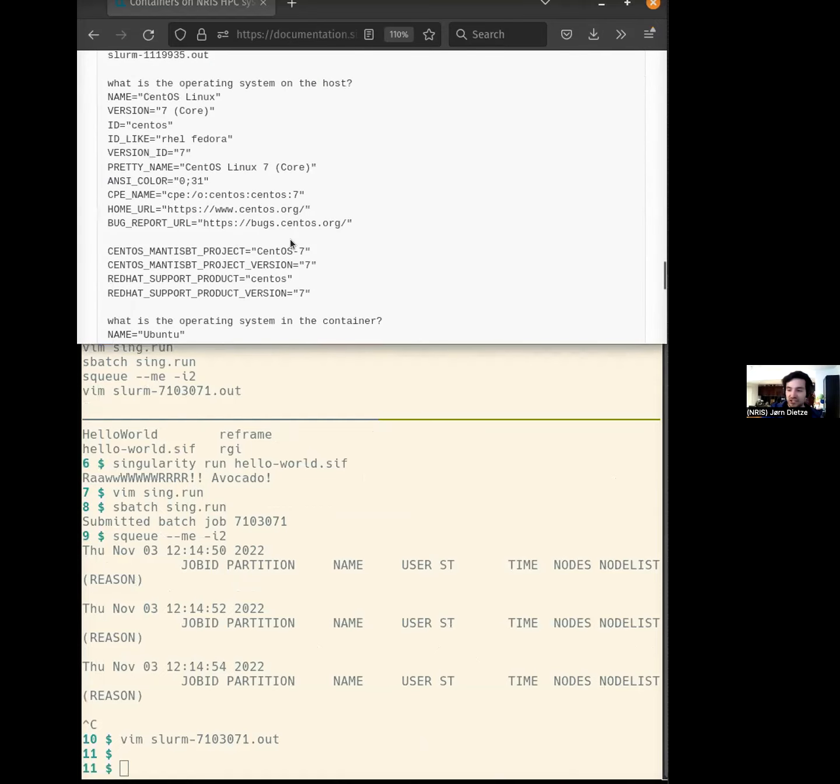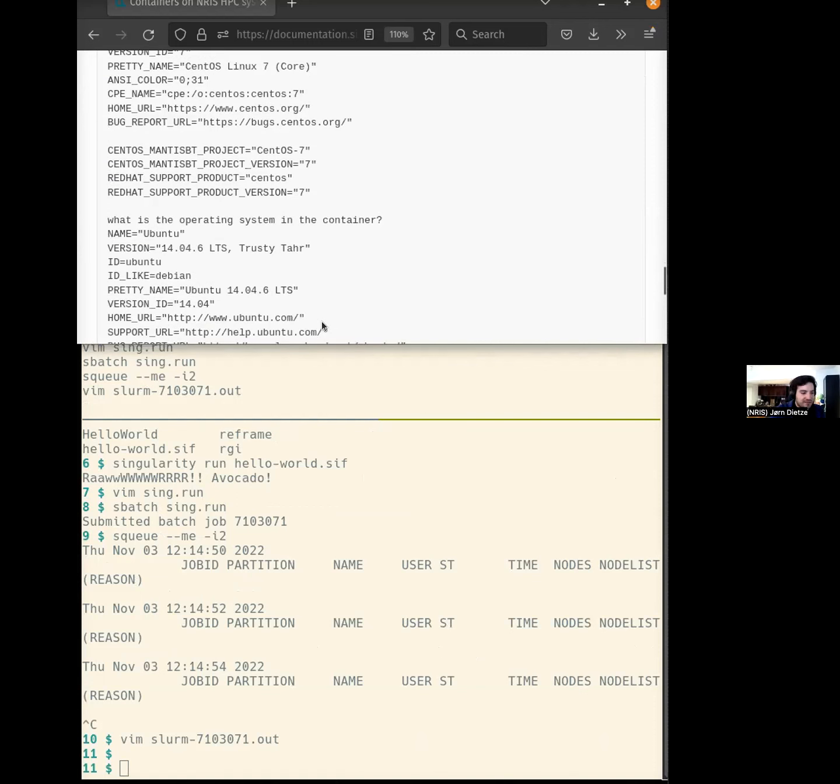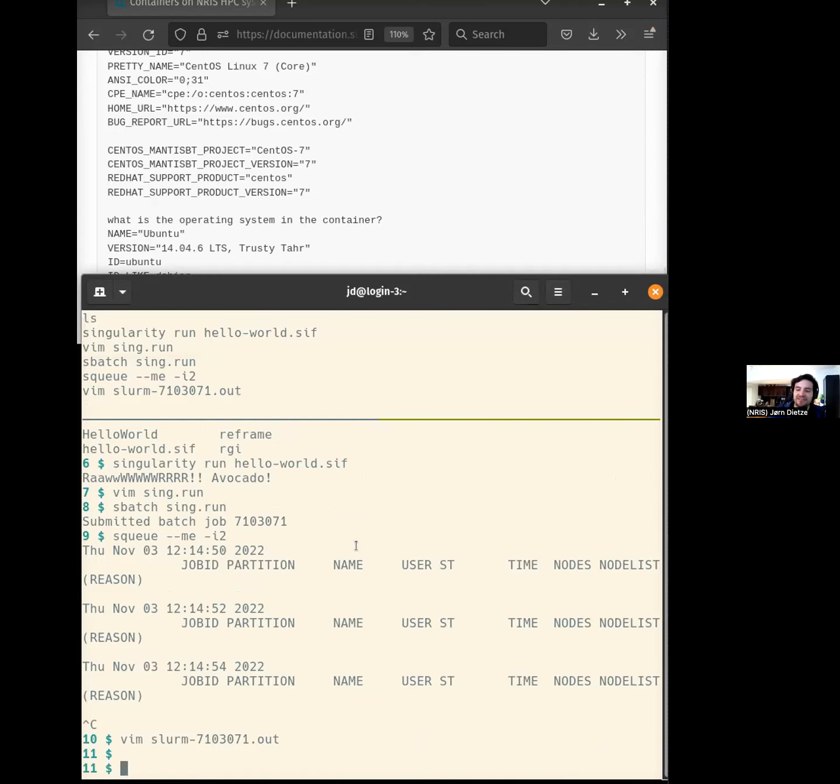Something which you might want to do. Do you think there's more to add about Singularity in job scripts? Yes, I could maybe shortly show how to access files. Do you want to show it or can I show it? Oh, I can also show it. Currently what we've done is we can access files from inside the container which are on Saga as well. This is important because usually you want to have some input files. So let's